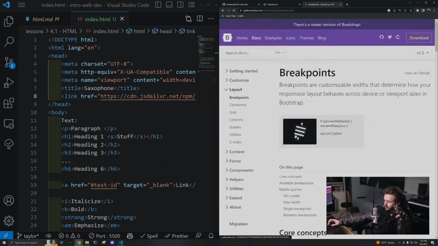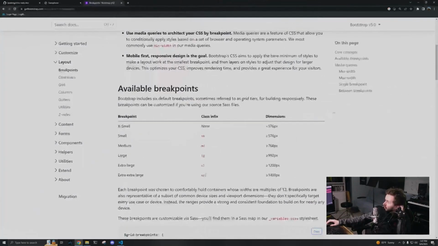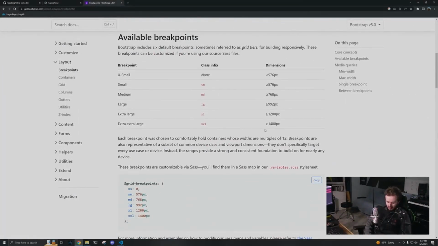Next thing, breakpoints. Bootstrap is mobile friendly. And when you go onto a website or when you build a website,